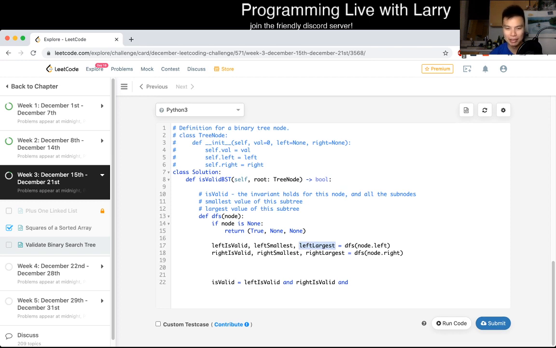Maybe we can make it so that it's always true, so that this is always the smallest value or something like that. But let's keep it simple for now, which is that left, let's have a thing called left is smaller, which is equal to left largest is none,